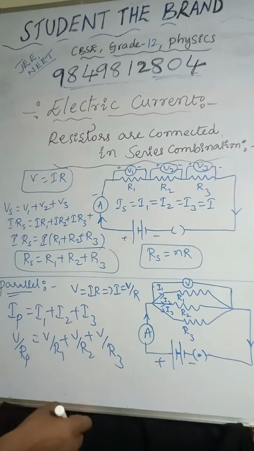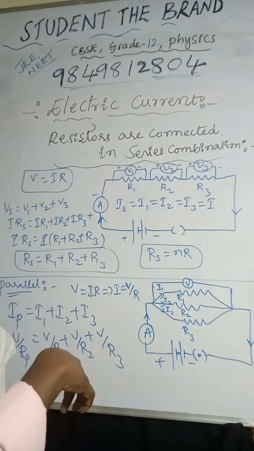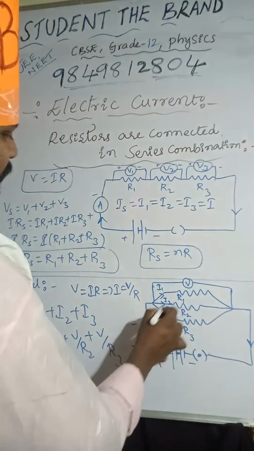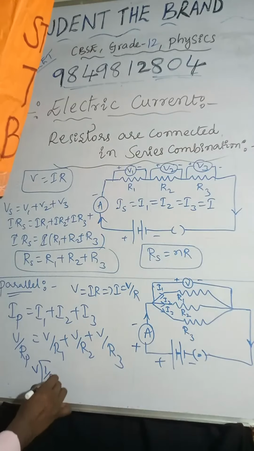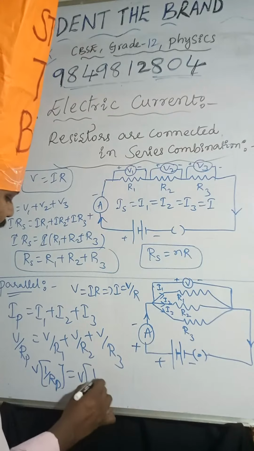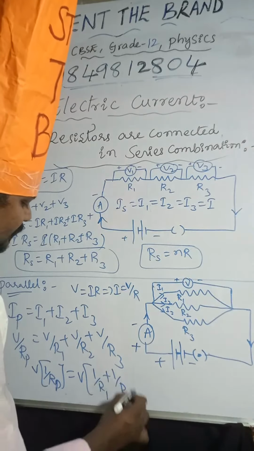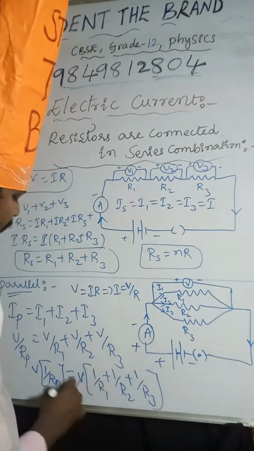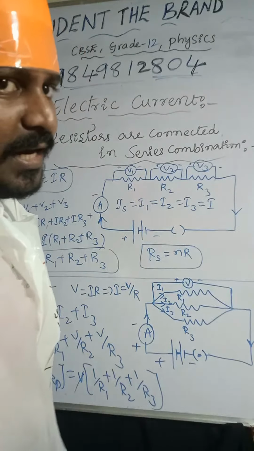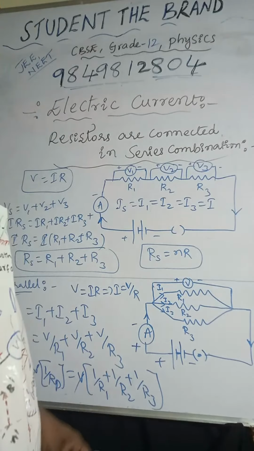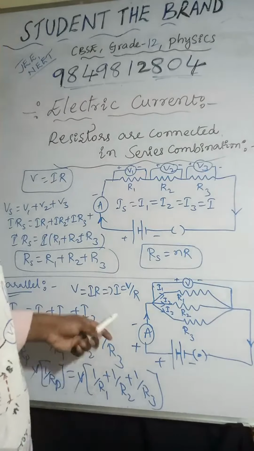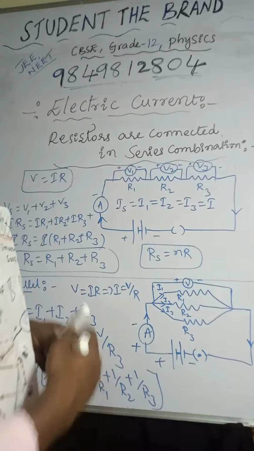So V I am taking common, okay? So 1 by Rp equal to 1 by R1 plus 1 by R2 plus 1 by R3. Understood? So 1 by Rp equal to 1 by R1 plus 1 by R2 plus 1 by R3. So if n number of resistors are connected in parallel combination, then